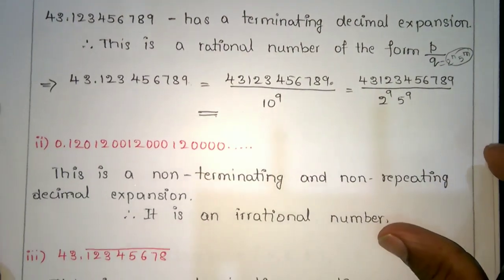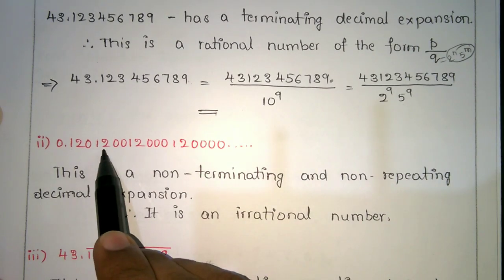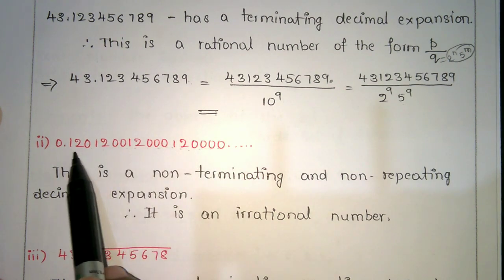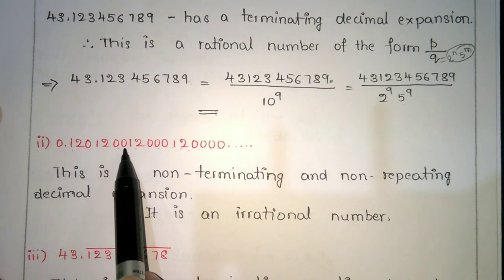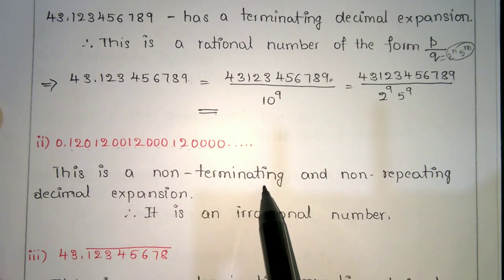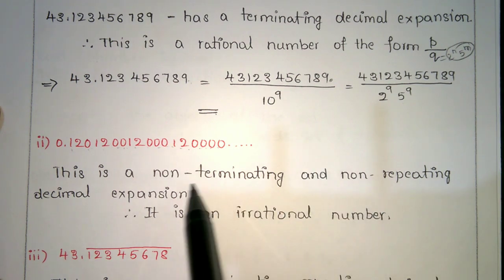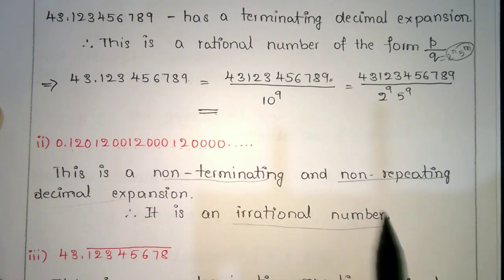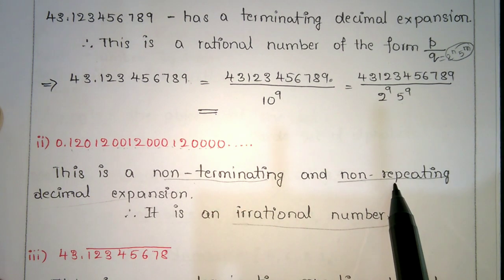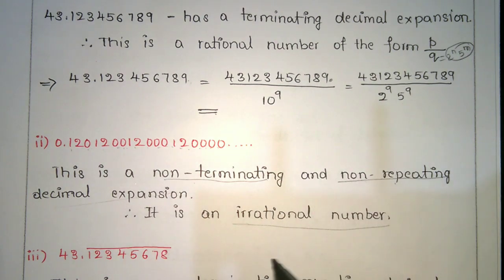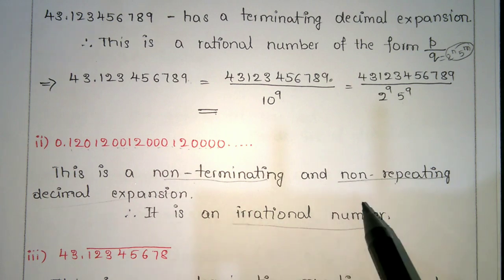So one more, second question. 0.1201200120001200001... this is non-terminating and non-repeating. It is an irrational number, because non-terminating, non-repeating is an irrational number. Non-terminating but repeating means a rational number. So non-terminating, non-repeating is irrational. So lastly,